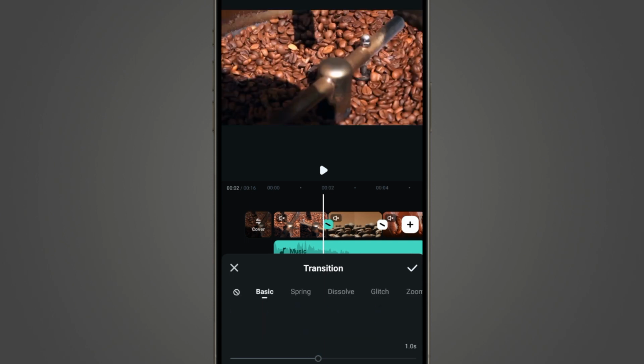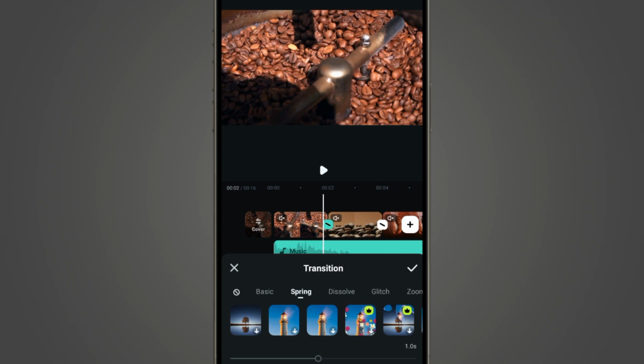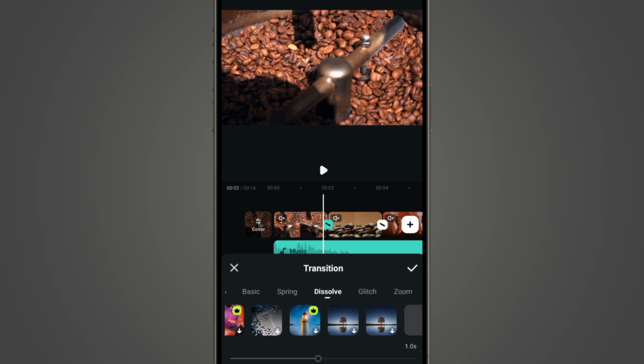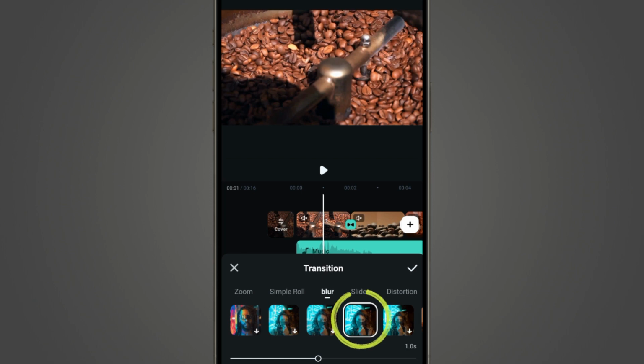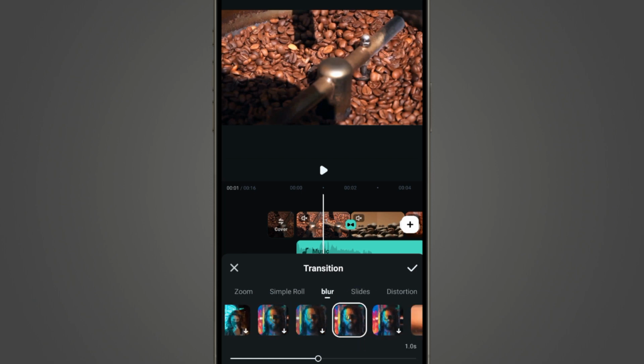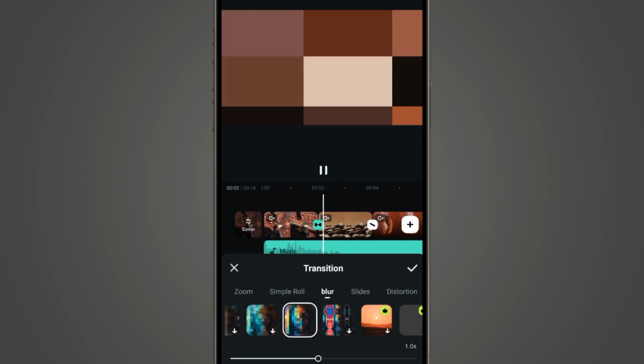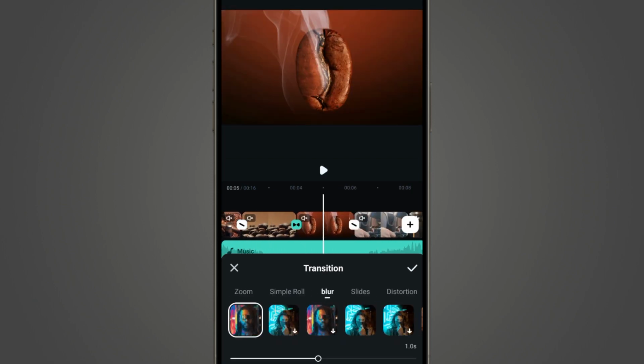Alright, so right here I have to search from the basic, the spring, dissolve, glitch, and all these ones. So you just have to select which one works best for that particular video. Alright, like for myself, I think I can choose this one, and then just try to do the transition process again while on fast forward. Okay,